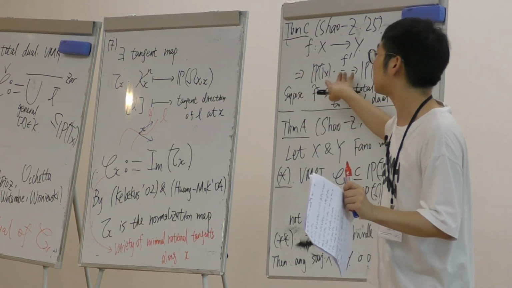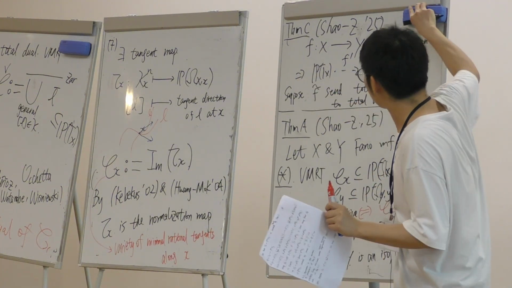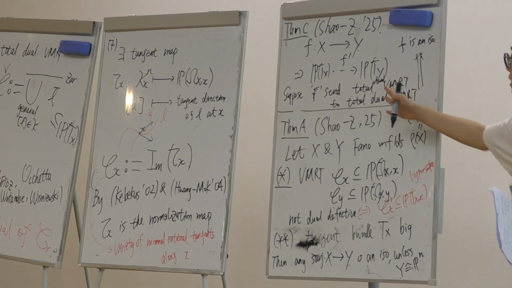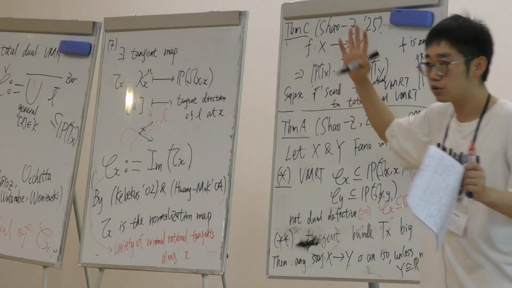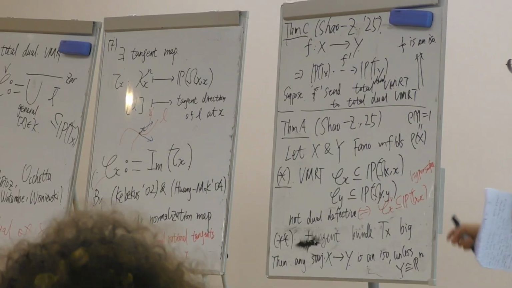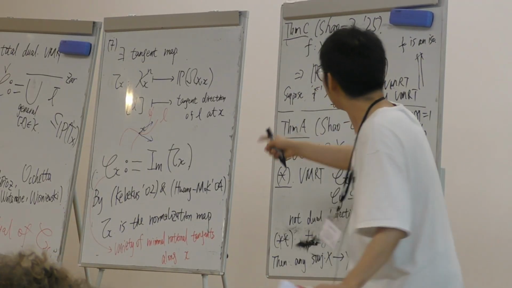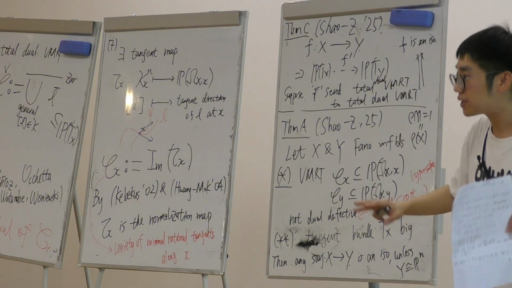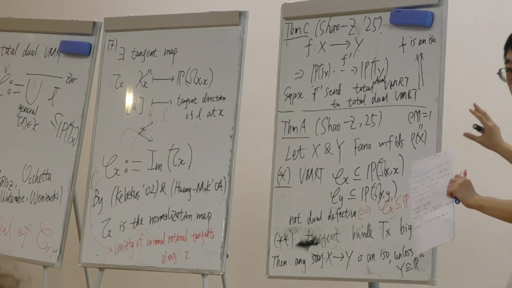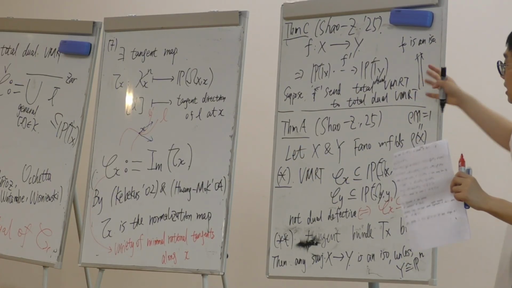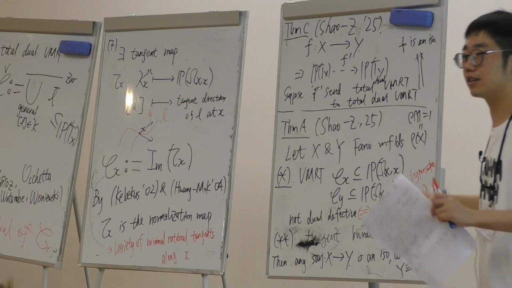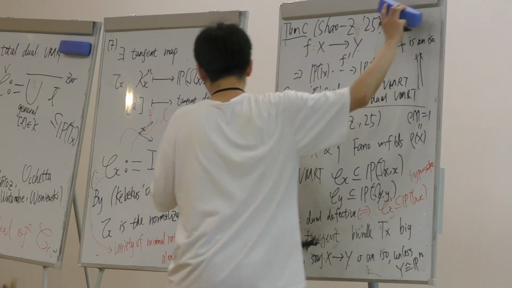And suppose this induced dominant rational map f prime sends the total dual of MRT of X to the total dual of MRT of Y, then actually f has to be an isomorphism. So later on, to prove our theorem A, we are left to check whether the induced rational map sends the total dual of MRT to the total dual of MRT, using this theorem C. But theorem C actually needs some other proofs, which I will not introduce here. Now, in the remaining part, I will